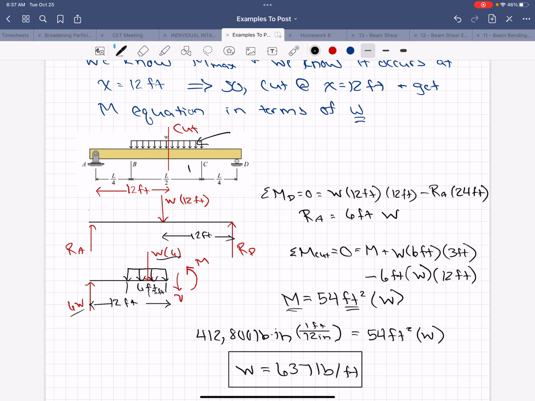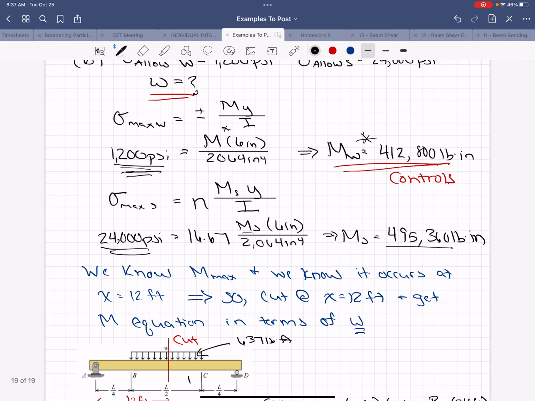So this would be 637 pounds per foot now. And that's to stay within these two controlling sigmas. All right, I hope that